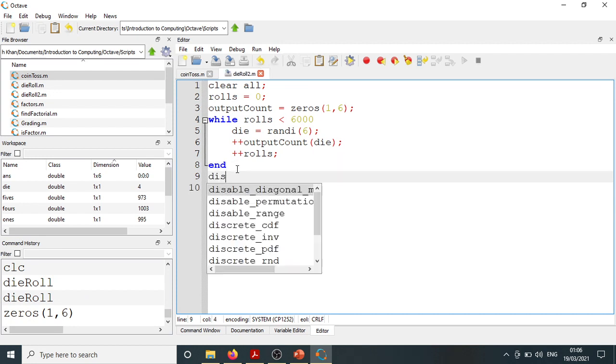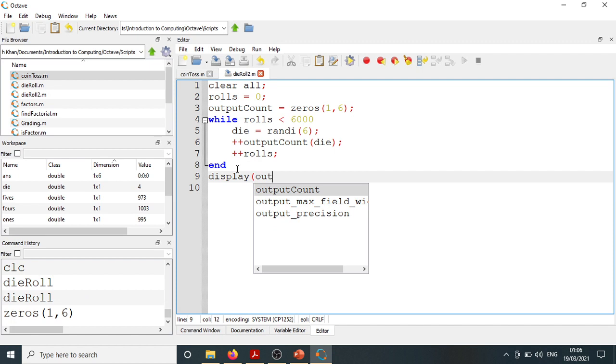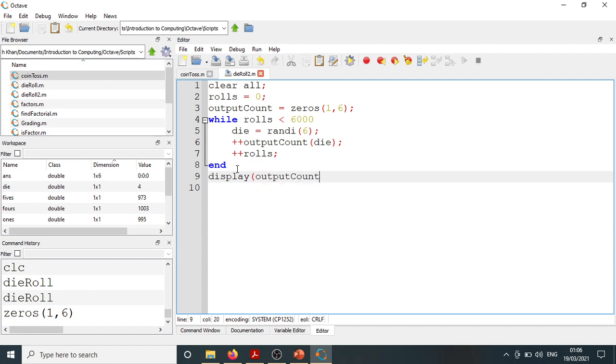ठीक है, and then we can display that in the end. आखिर में हम उसको डिस्प्ले कर सकते हैं। तो डिस्प्ले क्या करेंगे, हम सिर्फ आउटपुट काउंट को डिस्प्ले करेंगे। ठीक है, तो जब आप ये डिस्प्ले कर देंगे तो हमारे पास 1, 2, 3, 4, 5, 6 सब की वैल्यू आ जाएगी। And let us verify कि ये काम करता है या नहीं।